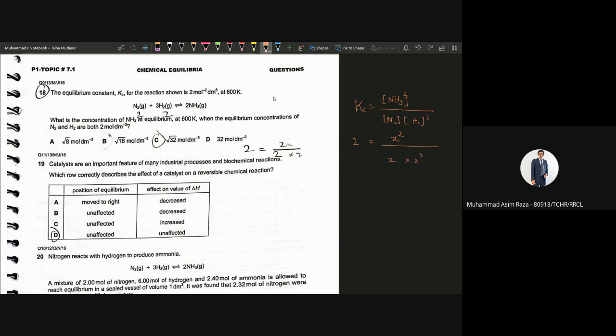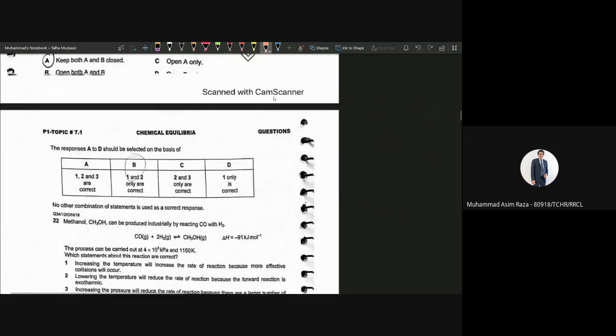I think we have done it already, but वहाँ पर जो उसका आंसर था वो पॉइंट्स में था. So 8 times 2 is 16, times 2 is 32, equal to x square. When you will take square root, x will be equal to square root of 32 mole per decimeter cube. So C will be the right answer. गॉट इट।